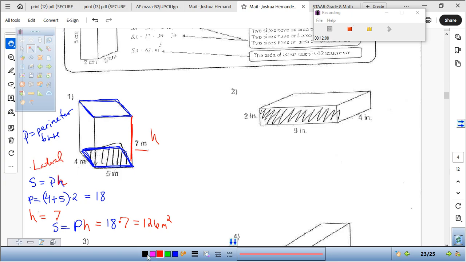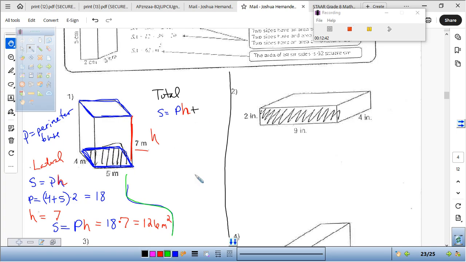Let's do the total. The total is so much like it, guys. It's like the same thing. Let me block this one out here, and block this one out from the total. We're going to do a total here. So the total surface area is going to be the same formula, S is equal to P times H. Now, I'm not making these things up. I'm just using the formula from the reference material,